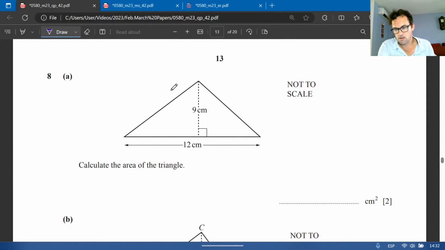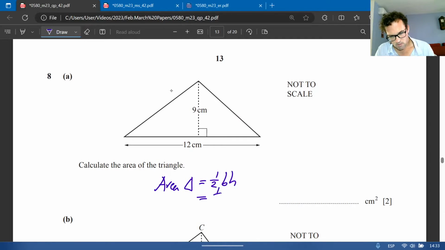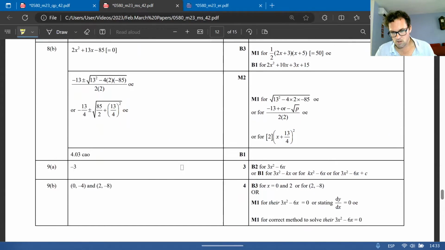Question 8. Calculate the area of a triangle. This one is pretty straightforward. Area of a triangle, of course, is half base times height. All we need to do is half, base being 12, perpendicular height is 9. Half of 12 is 6, 6 times 9, 54. Okay, I feel this is maybe just a warm-up